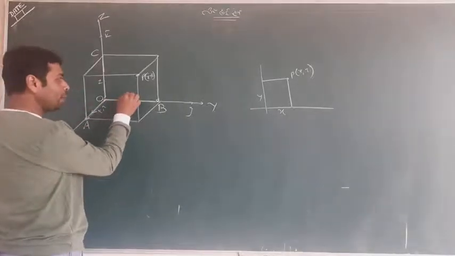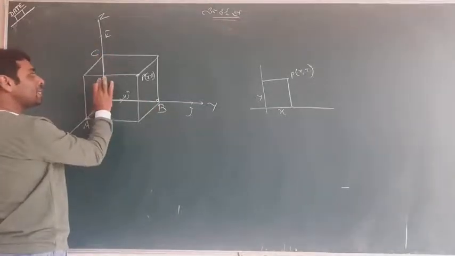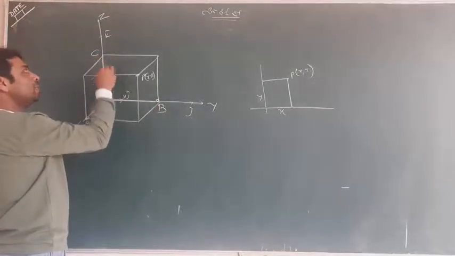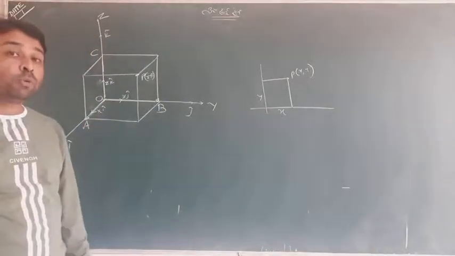This vector will be yj cap because it is j cap. And this particular will be zk cap because it is a k cap. This is a simple structure we have formed. Now, some beautiful work I am going to do.